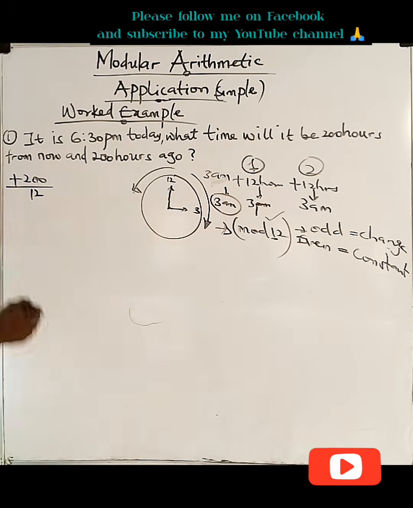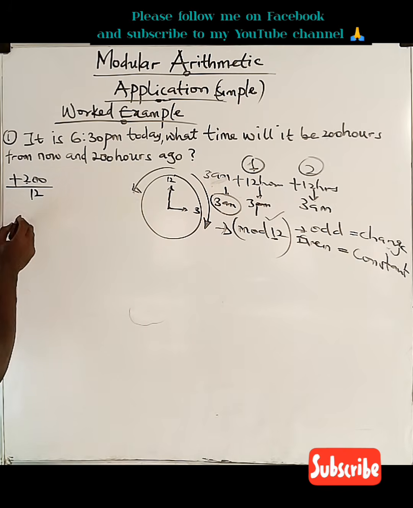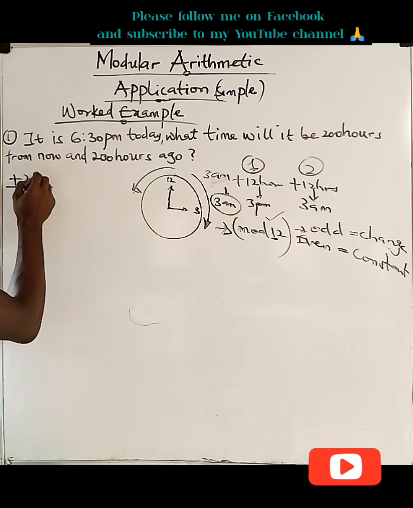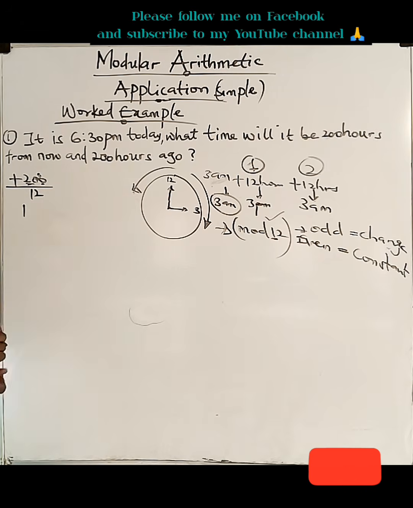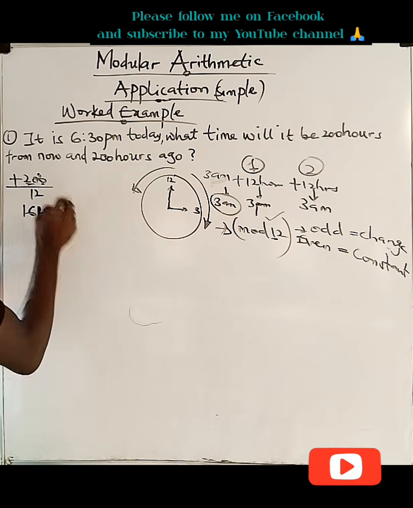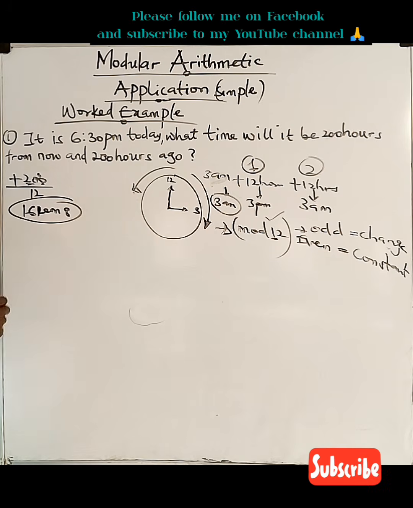Now let's see. How many 12 do we have in 2? 12 in 2 is 0, remainder 2. So 12 in 20, what do we get? That is 12 times 1 is 12, remainder 8. So 12 in 80, what are we going to get? 12 times 6 is 72. 12 times 7 is 84, which is more than that, so it is 6, remainder 8. So we have 16, remainder 8. So what do we have? We have 8